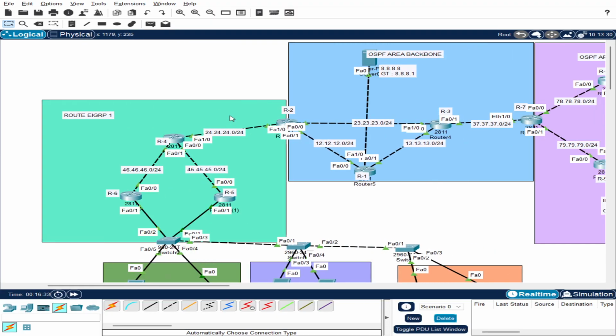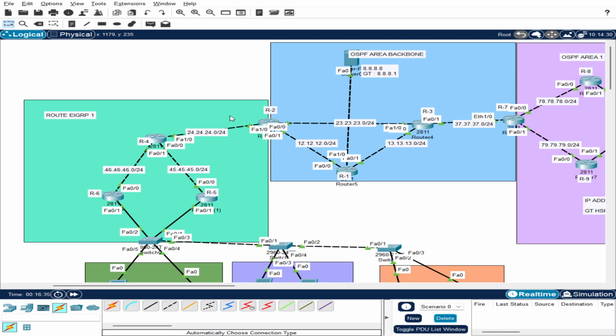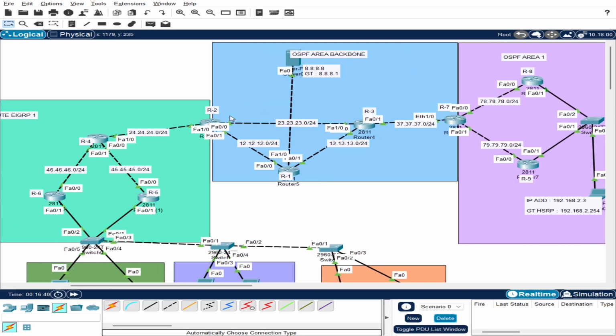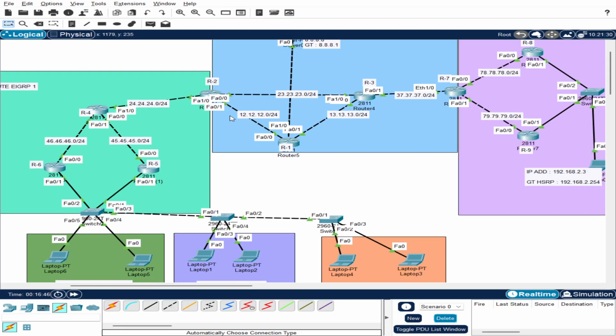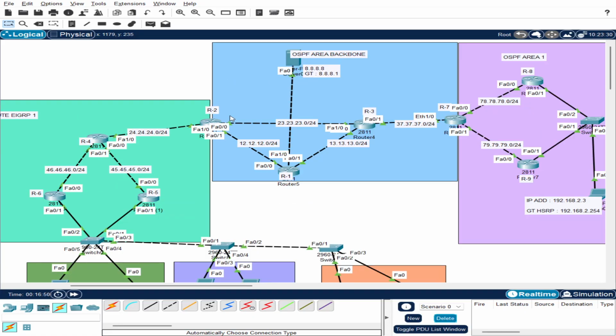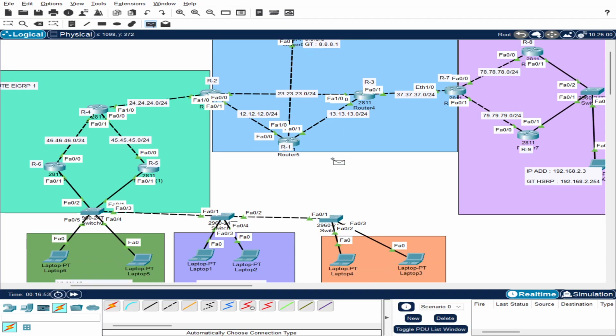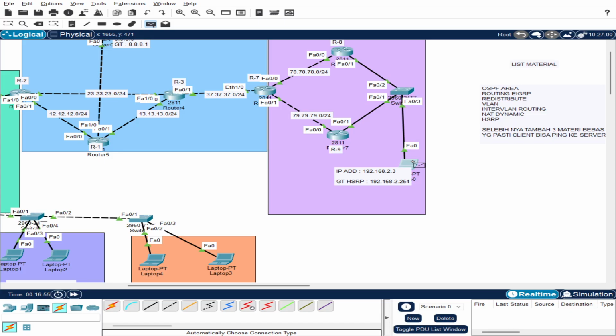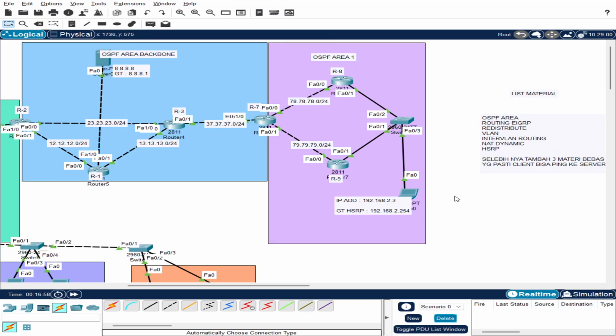That's why HSRP is kind of useful, and absolutely the most useful thing of all is NAT, because with NAT you can explore the network even when your IP is private. When I want to connect from this server to this laptop, it is successful.